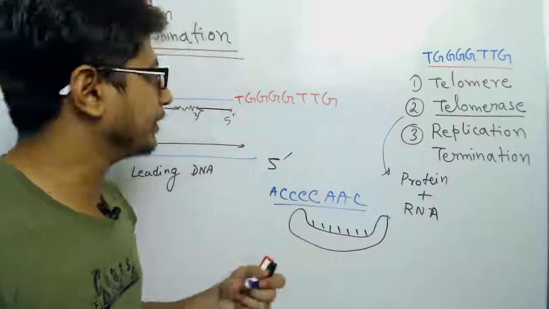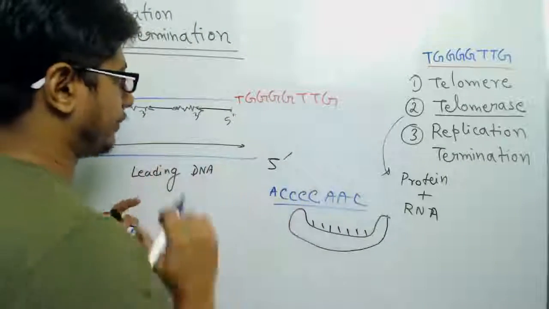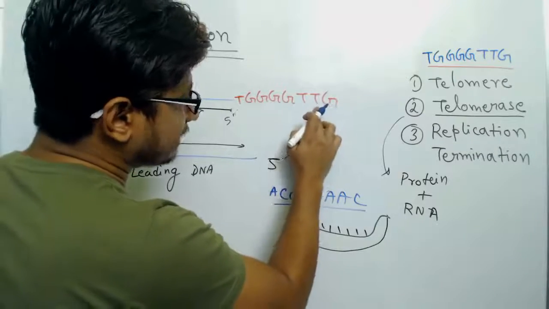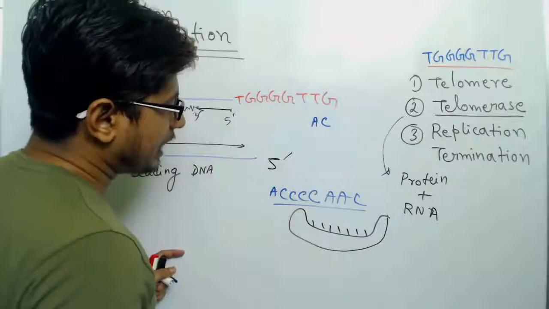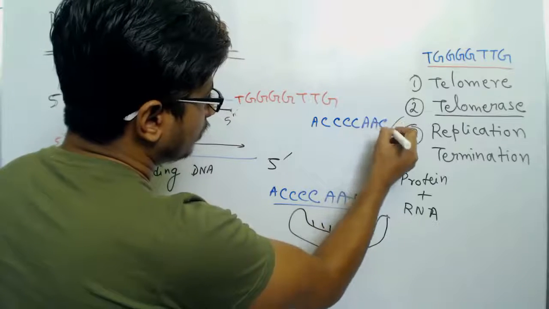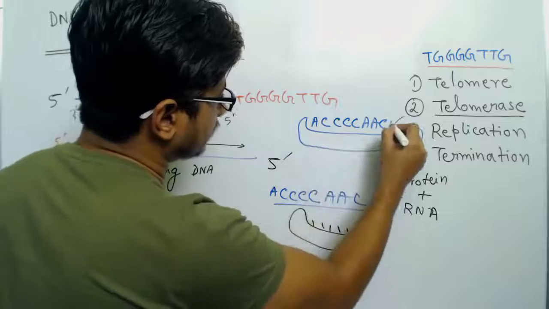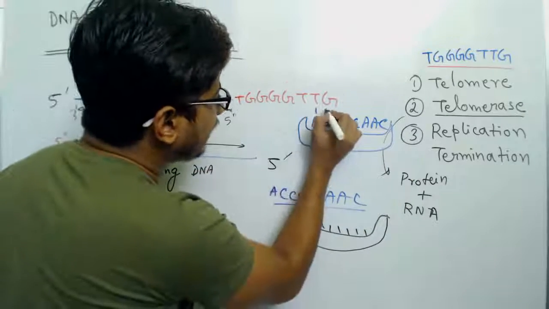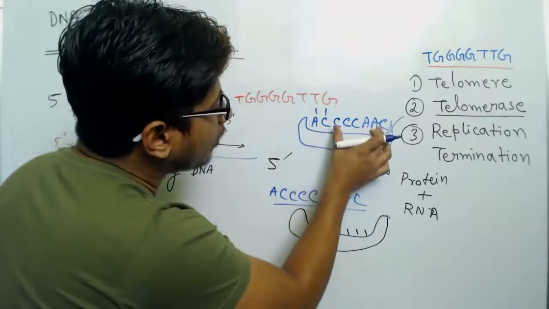So now what will happen here is simply at the end there is no room for any extension. So let me show you how the extension will be done. Here simply at the end there is a TG sequence and the AC sequence will bind to it, and the rest of the section of the telomere will be placed something like this. So now try to understand, A and G will bind with the complementary nature,